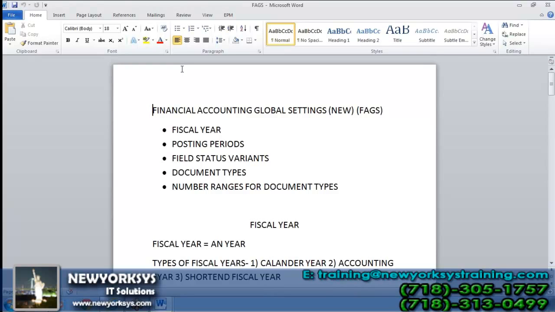The global settings cover the fiscal year, how postings are considered, the posting periods, the fields used for posting, and the document types or transaction types used for posting transactions. And there are number ranges, a technical thing again, for identifying the documents entered into the system.